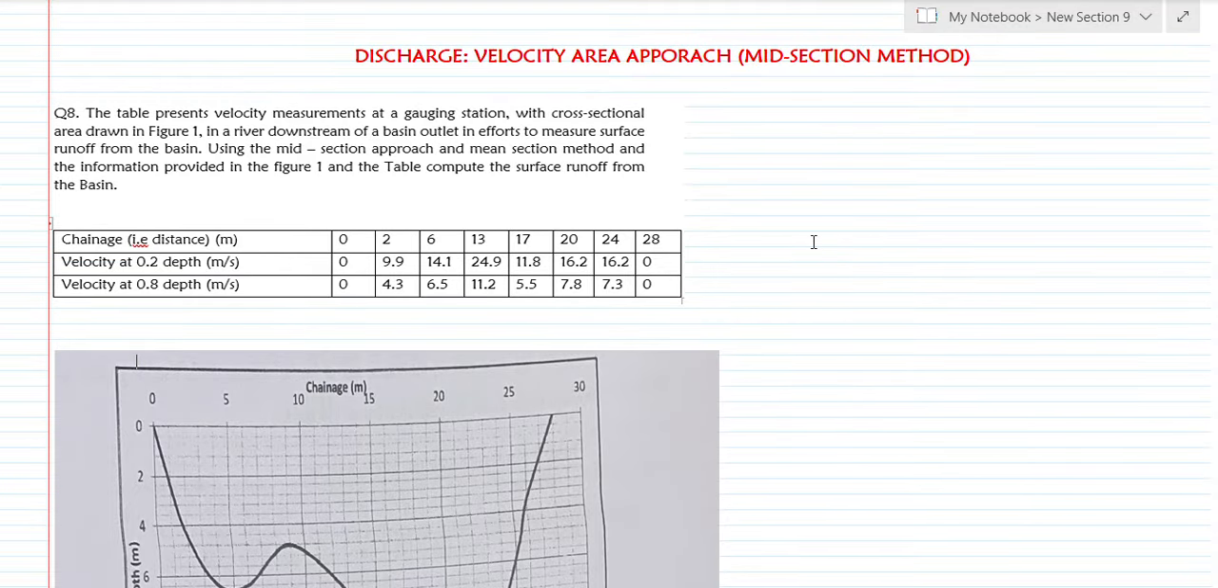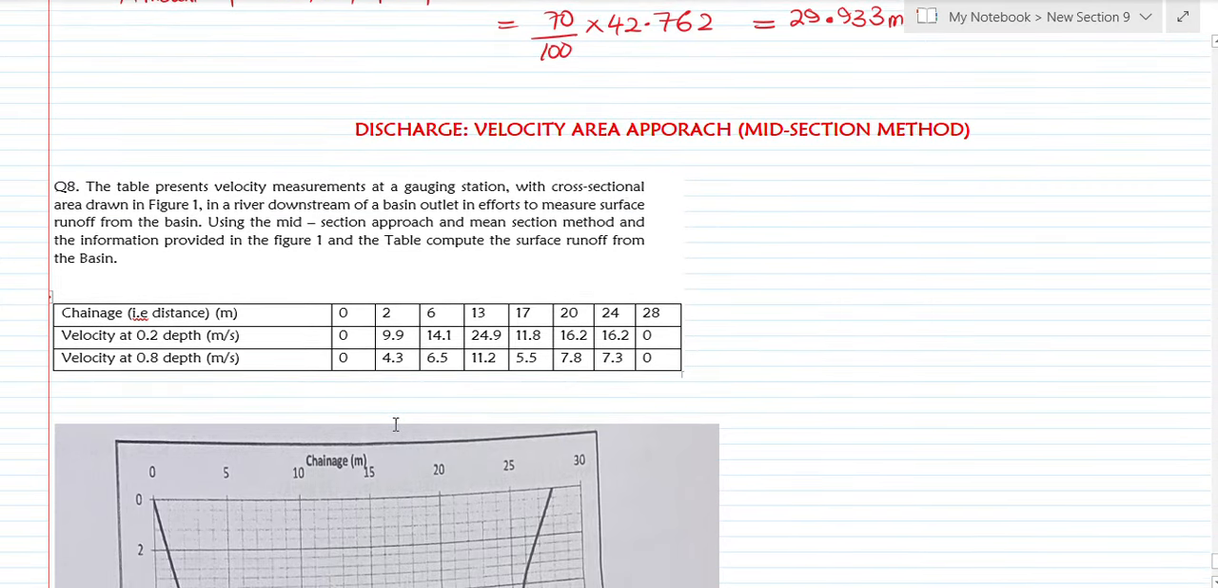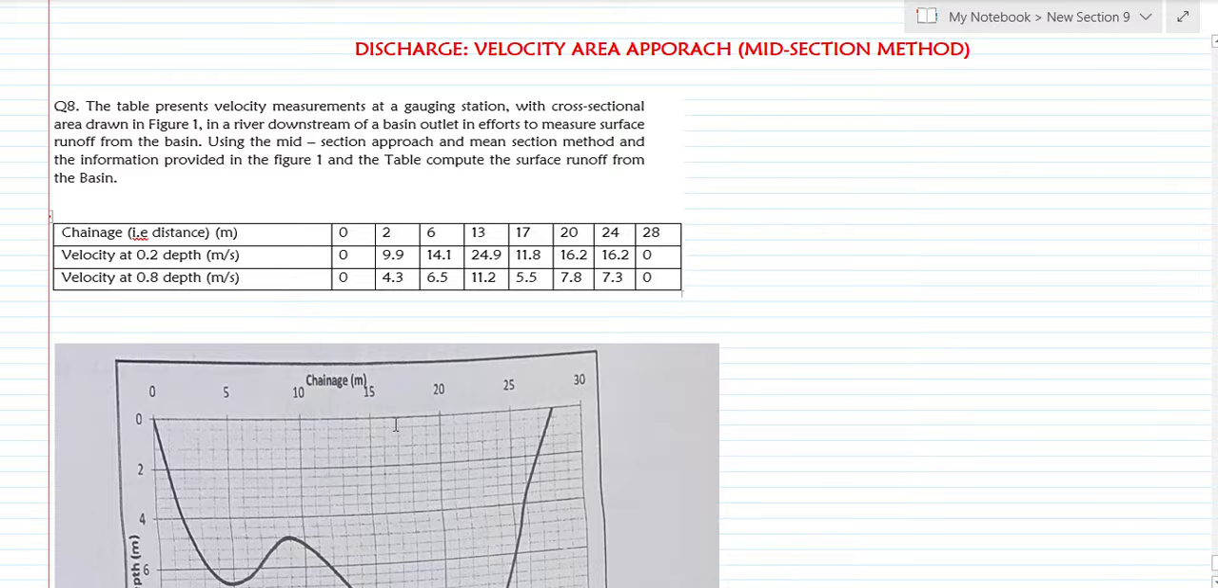In a river downstream of a basin outlet, in an effort to measure the surface runoff from the basin, using the midsection approach and the mean section method. In this video, we're going to learn how to use the midsection. Then in a subsequent video, we'll learn how to use the mean section. And the information is provided in figure 1 and the table. Compute the surface runoff from the basin. Now let's see, using the midsection method,